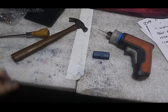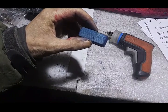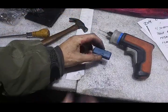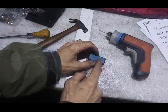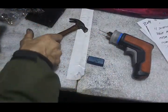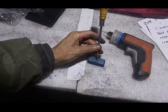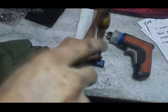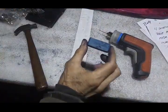Okay, I was thinking about it, and if I've got holes in these things, I can hang them up near the heater, and it's going to speed up the drying process. So this thing gets a thumb screw hole, and the other one gets a pivot hole near the end, so I can go ahead and drill pilot versions of those. That'll give me something to hang them up with so they'll dry faster. These are still damp actually, but